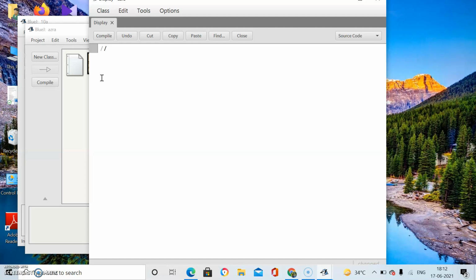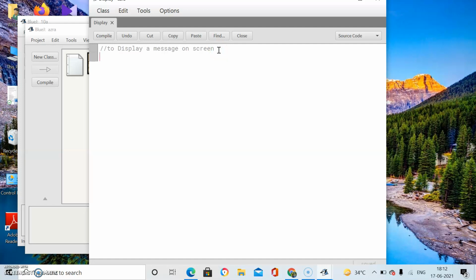So what we are going to do in this is display a message on screen. To display a message on screen, this is the purpose of this program. So I have written that as comment.